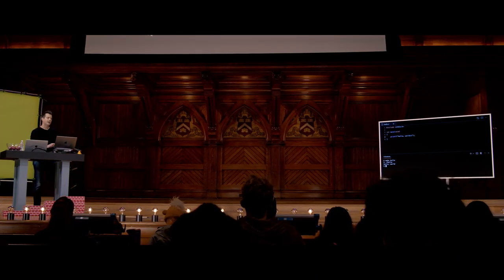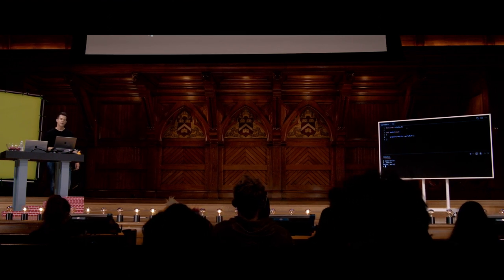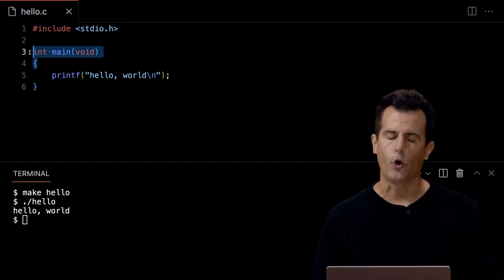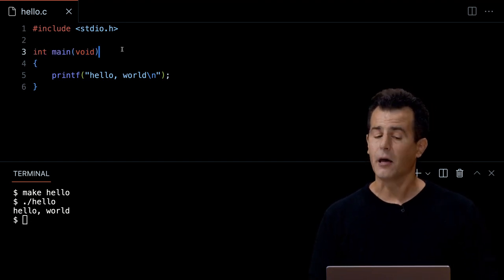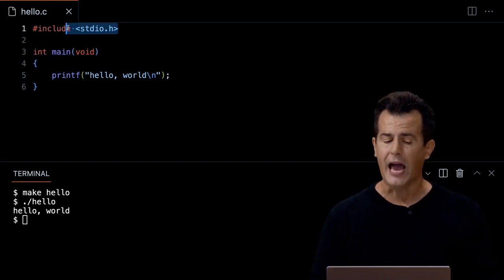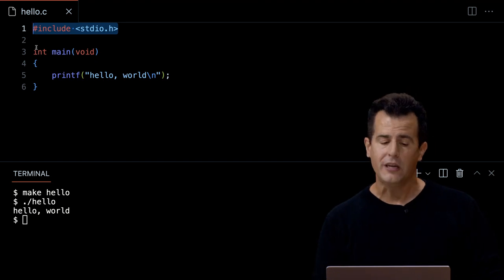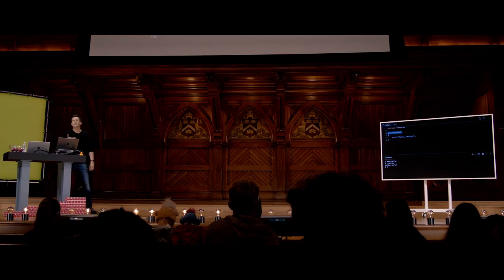because there's a lot going on just to get us to say hello world on the screen. For today, we're largely going to ignore this: int main(void) and these curly braces here. We'll come back to that before long as to why it's there. But for now, just think of int main(void) and these curly braces here as really being the C equivalent